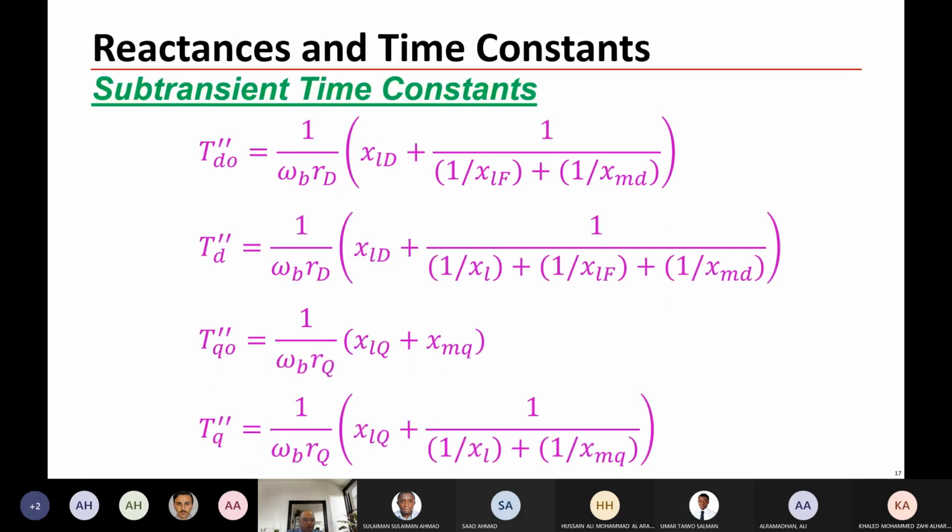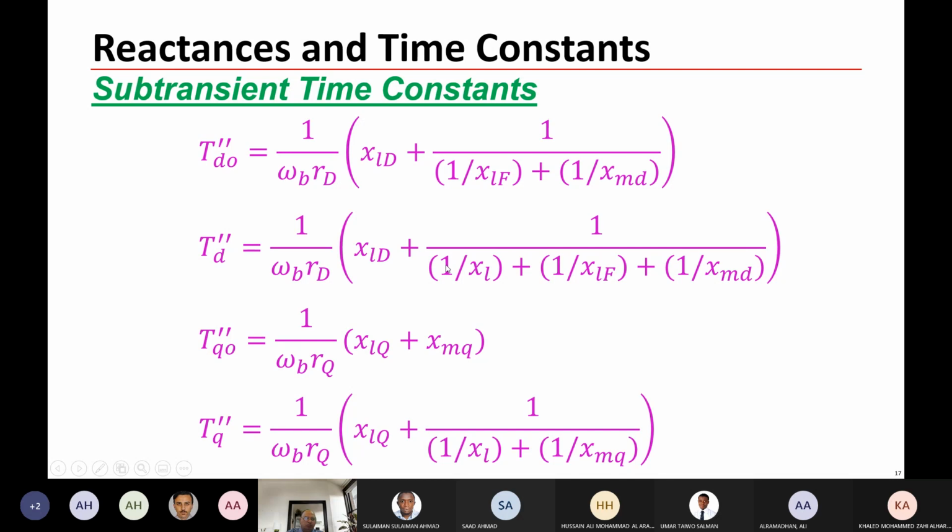This is a subtransient right away. Okay, subtransient again. This damper winding will take place on this. So you have here the reactance of the damper winding, and you have LF, XLF, and XMD in parallel, and this is the open circuit of the armature. With the short circuit of the armature, you have the same, but you have another reactance here in parallel, which